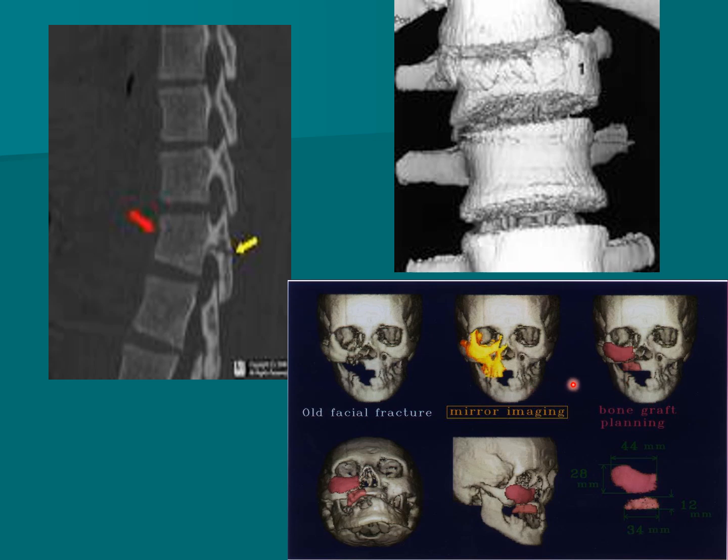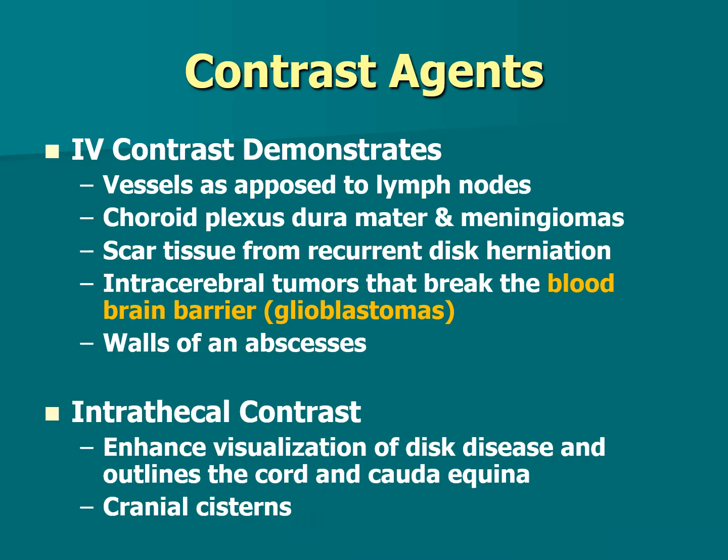If you've looked at some of the things that they're doing with CT now on the mummies, they can scan what's there, and then they can anticipate the shape of the face and how that person may have looked in real life. So we do a lot of 3D reconstructions now for surgical planning, and also for cosmetics. You can see that this spine is crushed here when we go there, and how they might do some repair on that. Contrast agents we're using, IV contrast agents that demonstrate vessels as opposed to lymph nodes